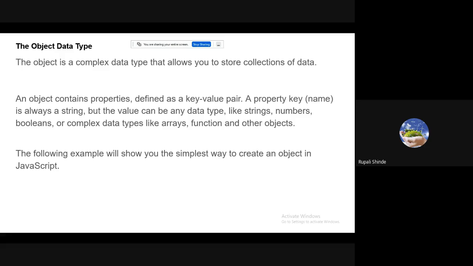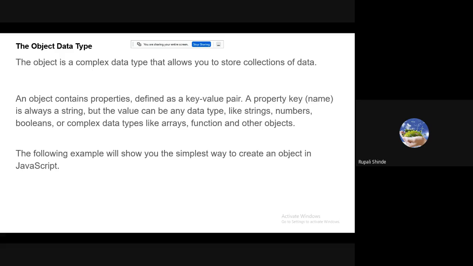So the object data type. The object is a complex data type that allows you to store a collection of data. An object contains properties defined as key value pairs, and we are going to see various examples so it will be more clear to you. Every object stores values in the form of key and value pairs.